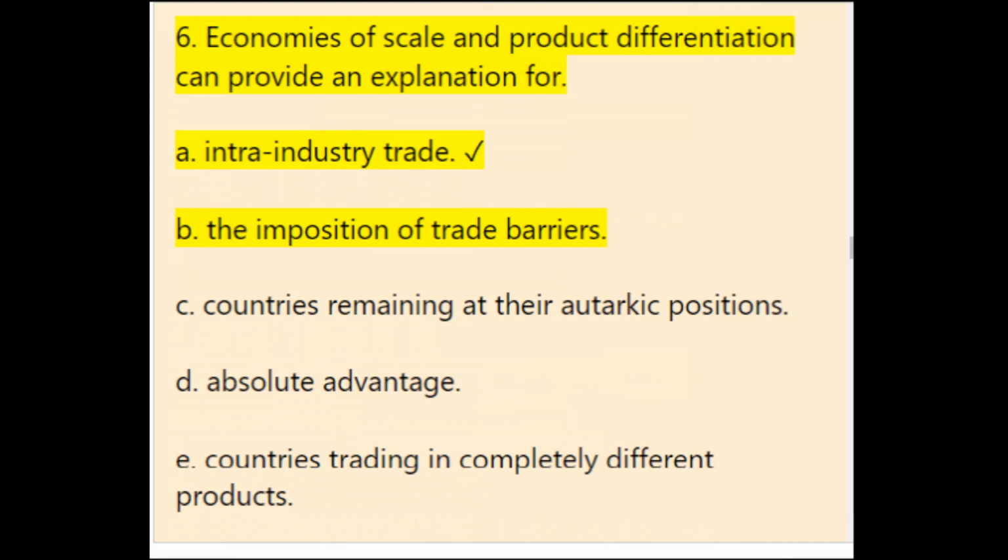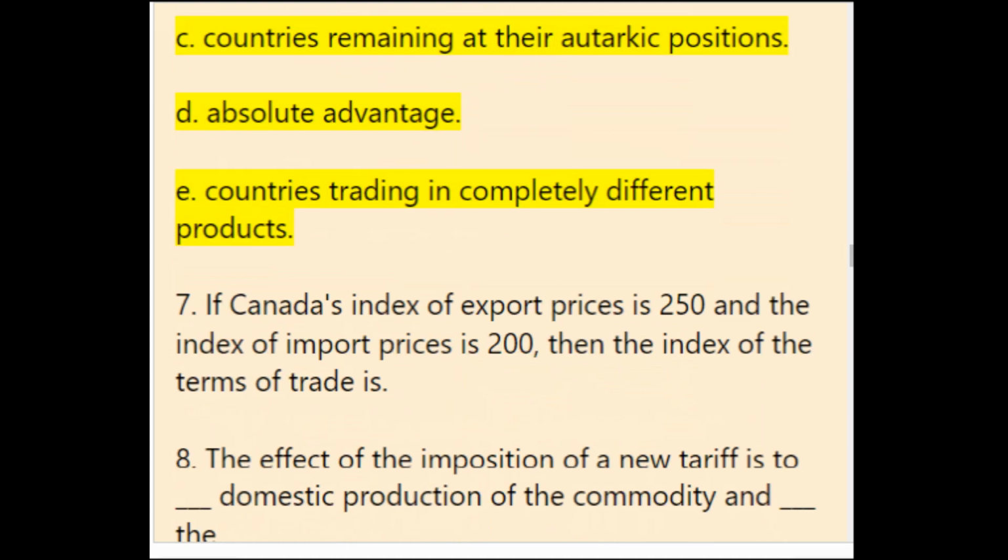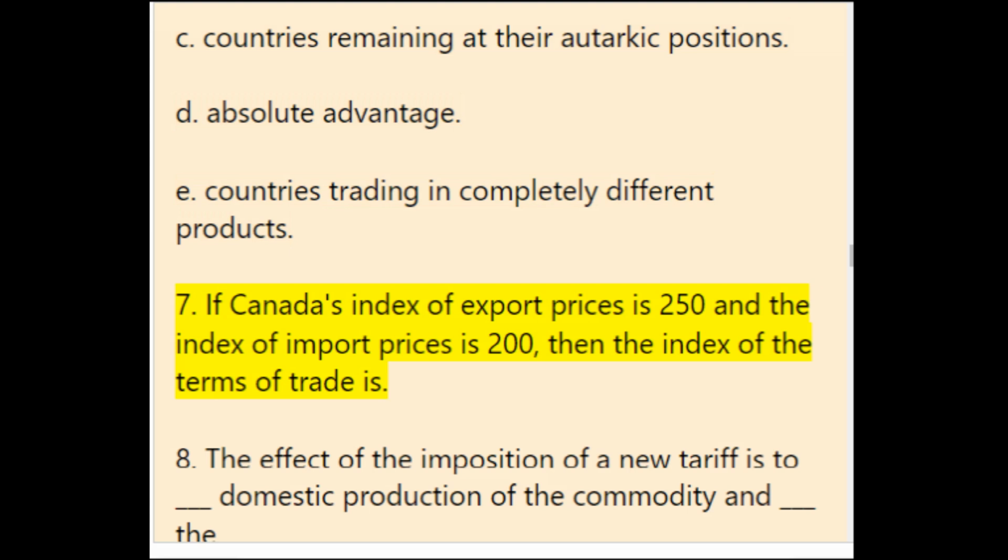6. Economies of scale and product differentiation can provide an explanation for A. Intra-industry trade. B. The imposition of trade barriers. C. Countries remaining at their autarkic positions. D. Absolute advantage. E. Countries trading in completely different products. 7. If Canada's index of export prices is 250 and the index of import prices is 200, then the index of the terms of trade is